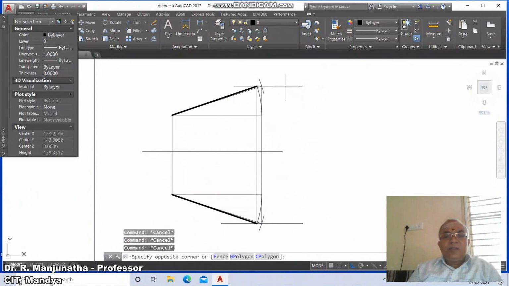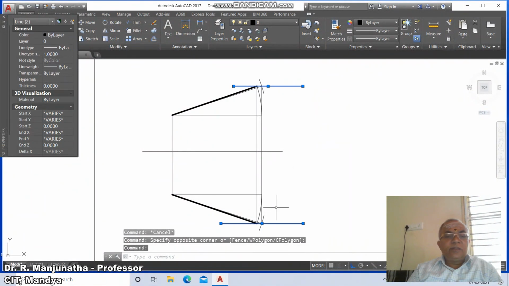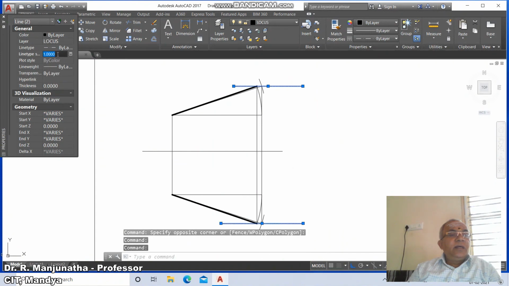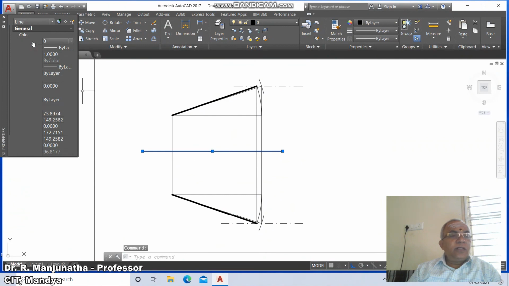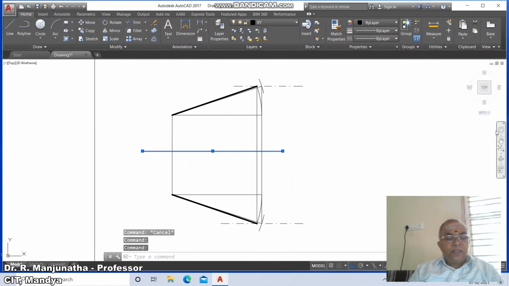Similarly you just click on this and also on this, go to layer, you make that layer as the locus layer, and the line type you are going to take 25, 10, and make it 10. We have the true length, we have the projector lines, and now we have this line to be changed, which is going to be the XY layer. So now these are all the things which need to be done. So it will be true length.